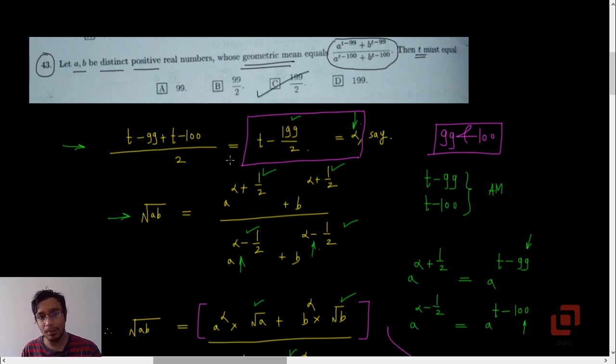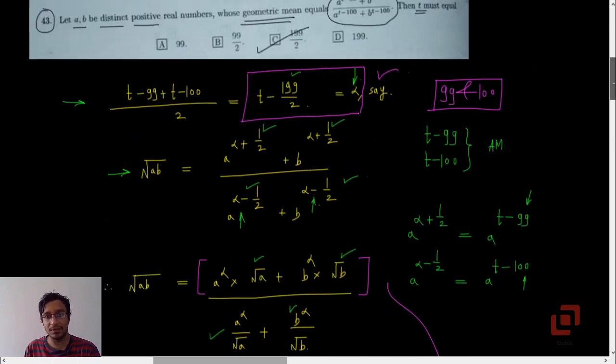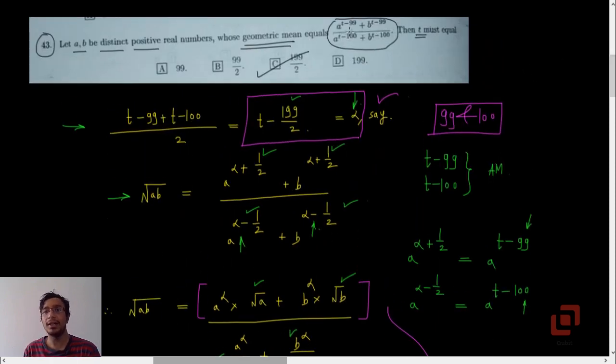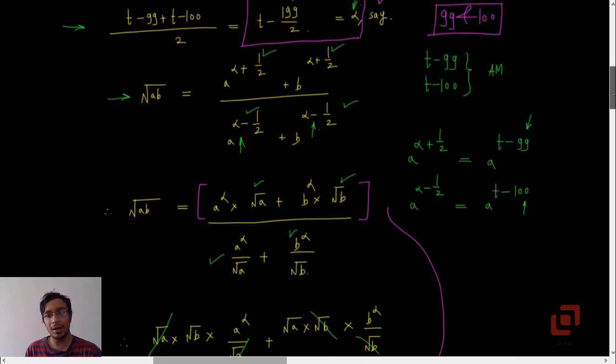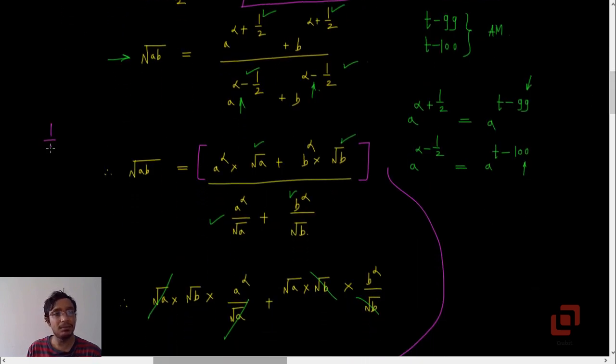A very simple problem, but I think the simplification part gets further simplified if you introduce this new variable, because that simply reduces the large numbers that make their appearances in the powers. So here previously we were having 99 and 100, and now we are just having the number 1 by 2.